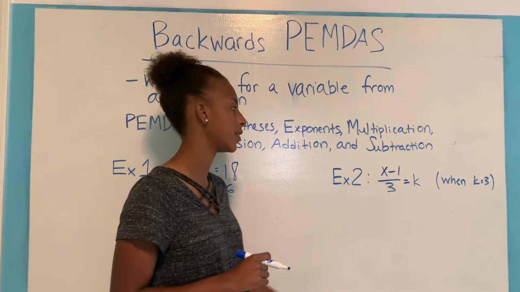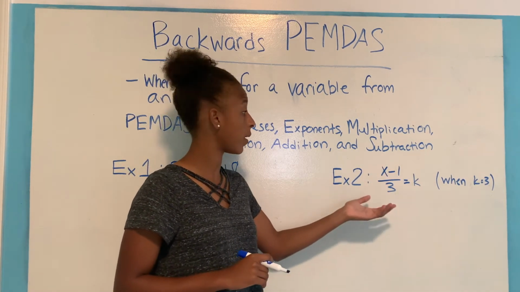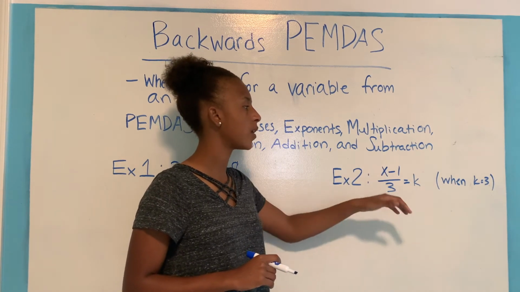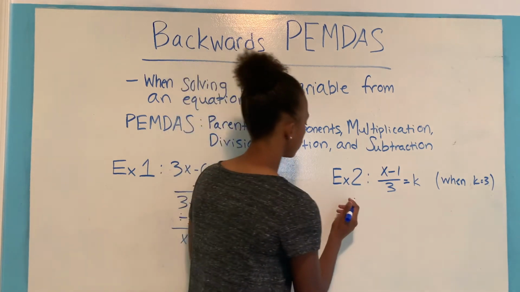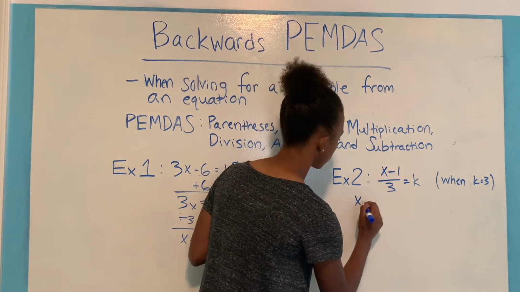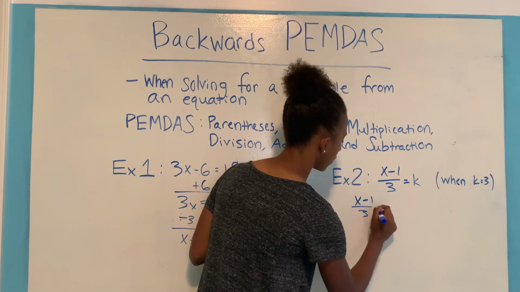So the second example is x minus 1 divided by 3 equals k, and then you know that k equals 3 when they want you to solve it, right? So let's mark what k is so we can rewrite the problem. 3 equals